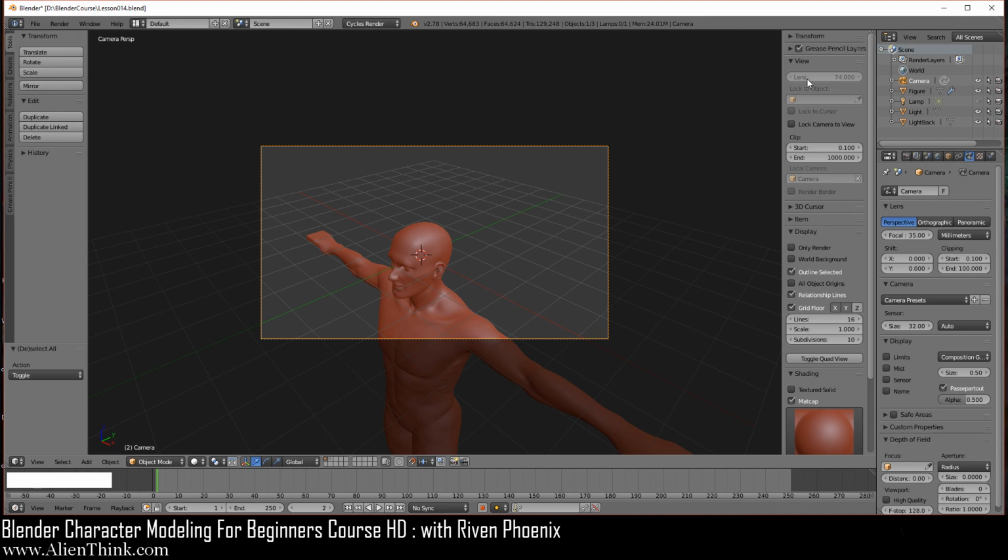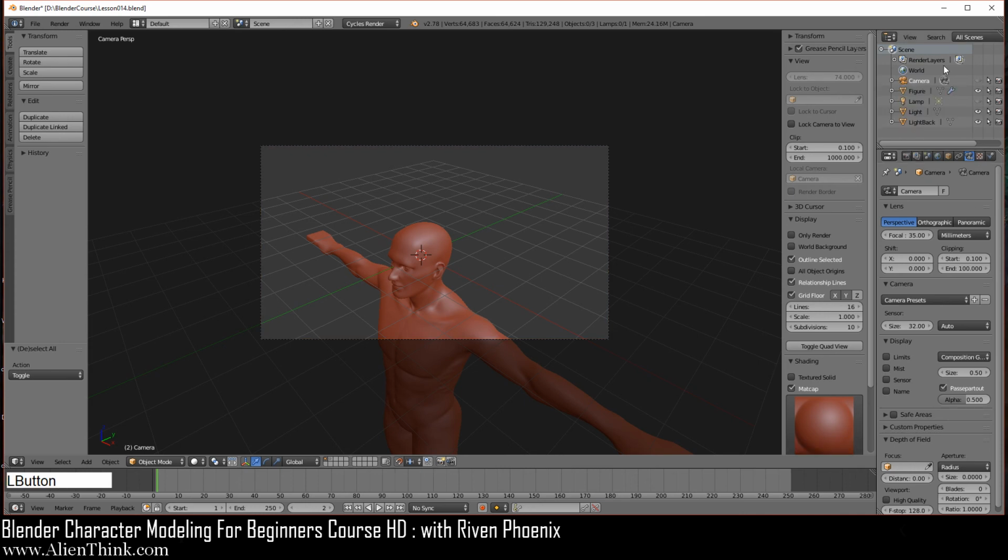Now notice that over here in the 3D viewport that we were using the lens, we changed this to 74. But in the camera system, it's still at 35. And notice that over here in the focal, it's saying 35, right? So the camera has its own lens system. Okay, so that's all I'm going to talk about in the camera over here for this lesson. I really don't want to spend time on this right now. Just want to make sure that you understand this concept.